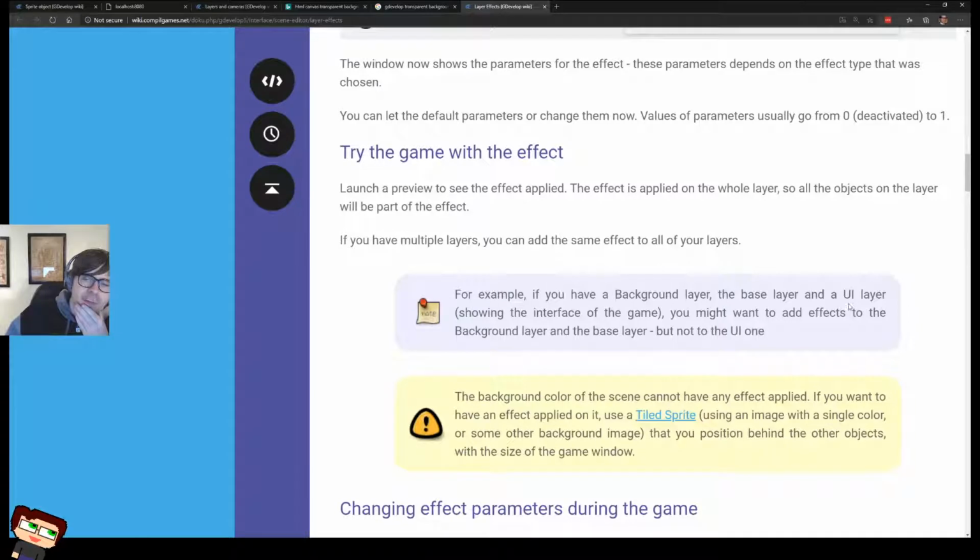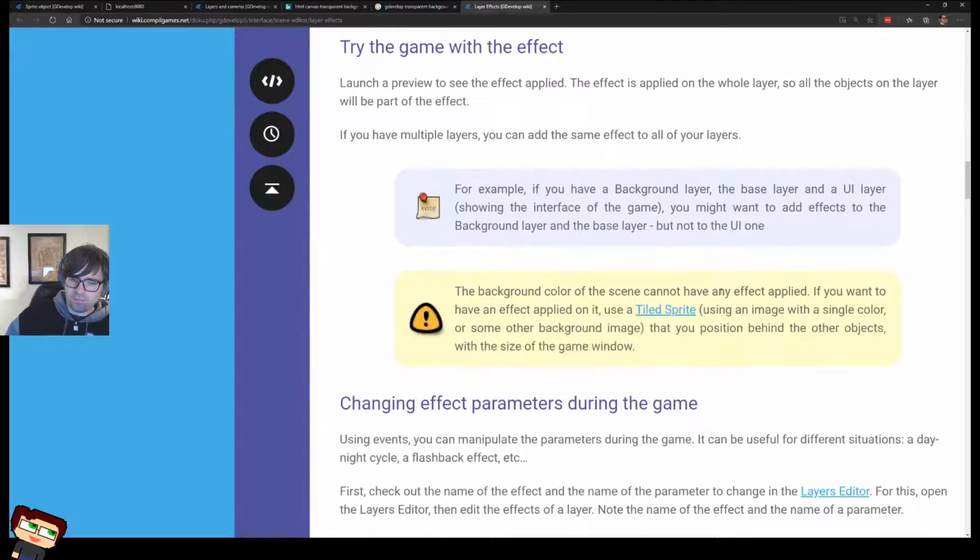The background layer and a base layer, the UI layer. Okay, here we go. The background color of the scene cannot have any applied effect. If you want to have an applied effect, then use a tiled sprite using an image with a single color or some other background image that you position behind other objects with the size of the game window. Use a tiled sprite.